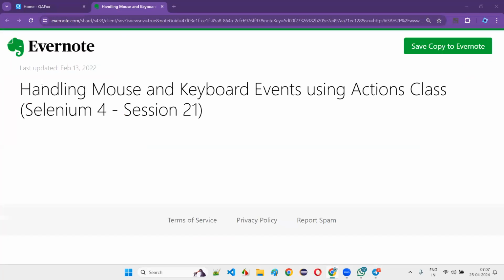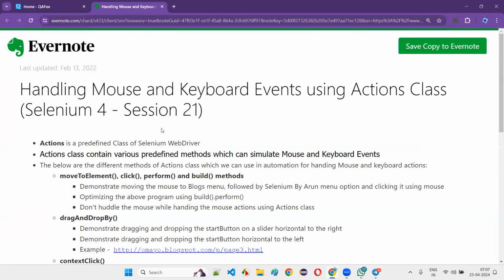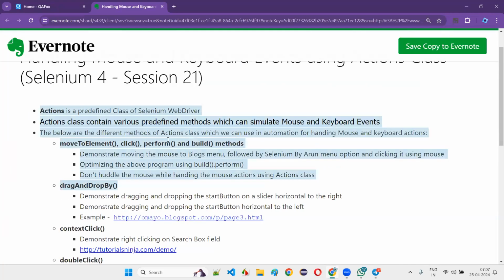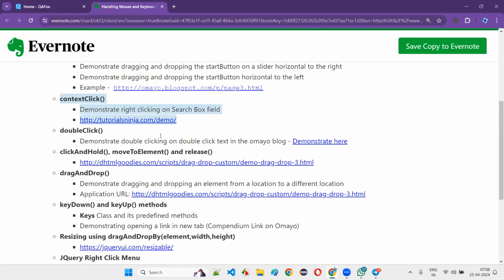Handling mouse and keyboard events using Actions class. Already we covered all this stuff: moveToElement, click, perform, build methods, dragAndDropBy is also completed. Context click is completed. We did a lot of R&D around context click, and now I'm going to demonstrate double